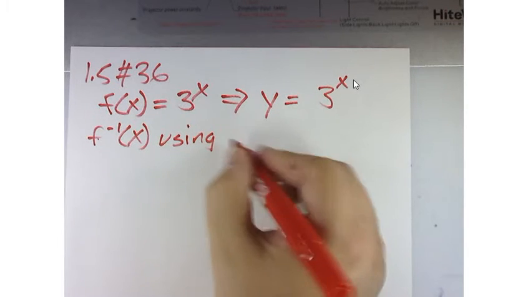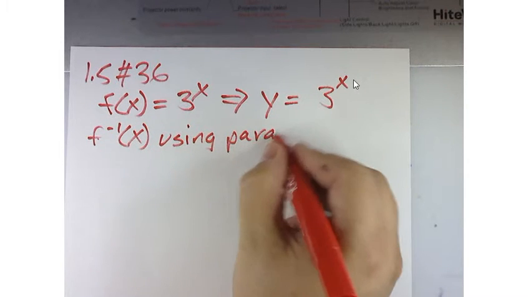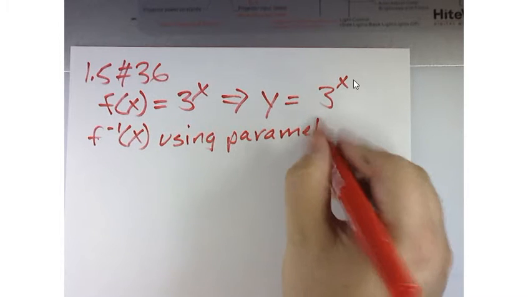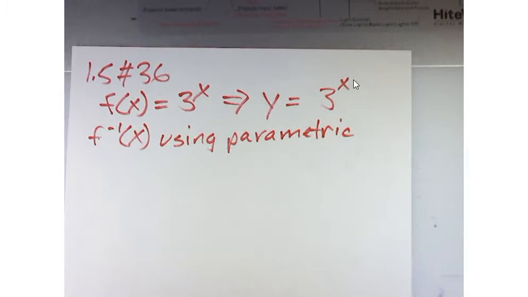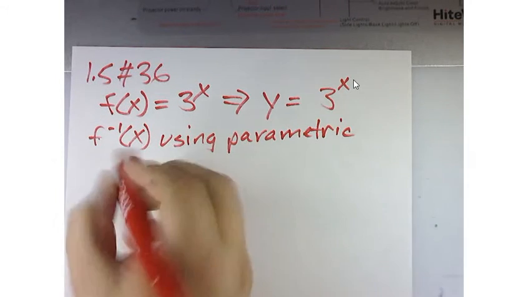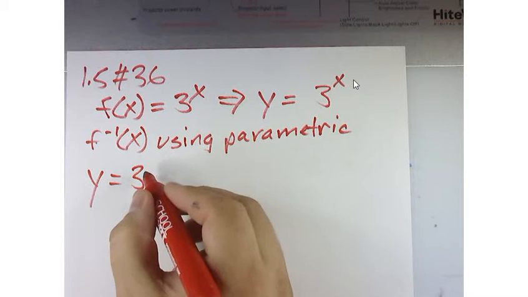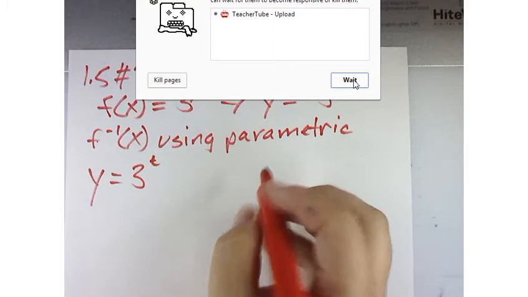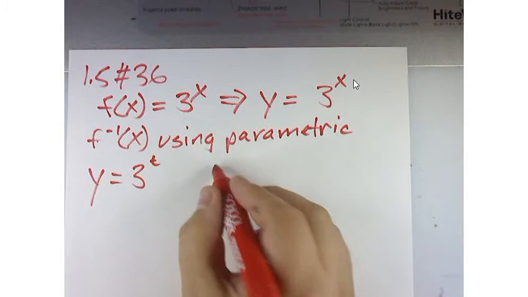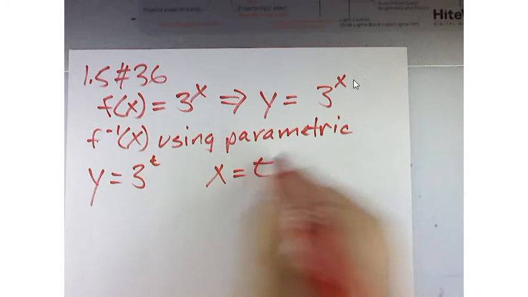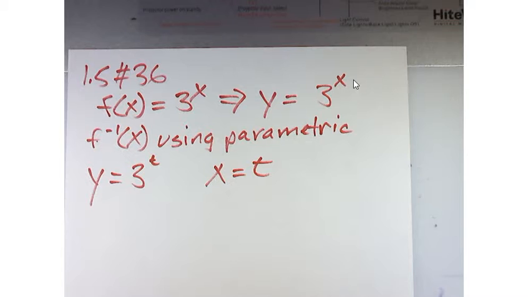So this is one practical application. That's why we spent so much time with parametric equations on the last section. So if I have y is equal to 3 to the x, couldn't I say y is equal to 3 to the t and let x equal t? Would that work? That would work, right? So now that I have my two parametric equations,